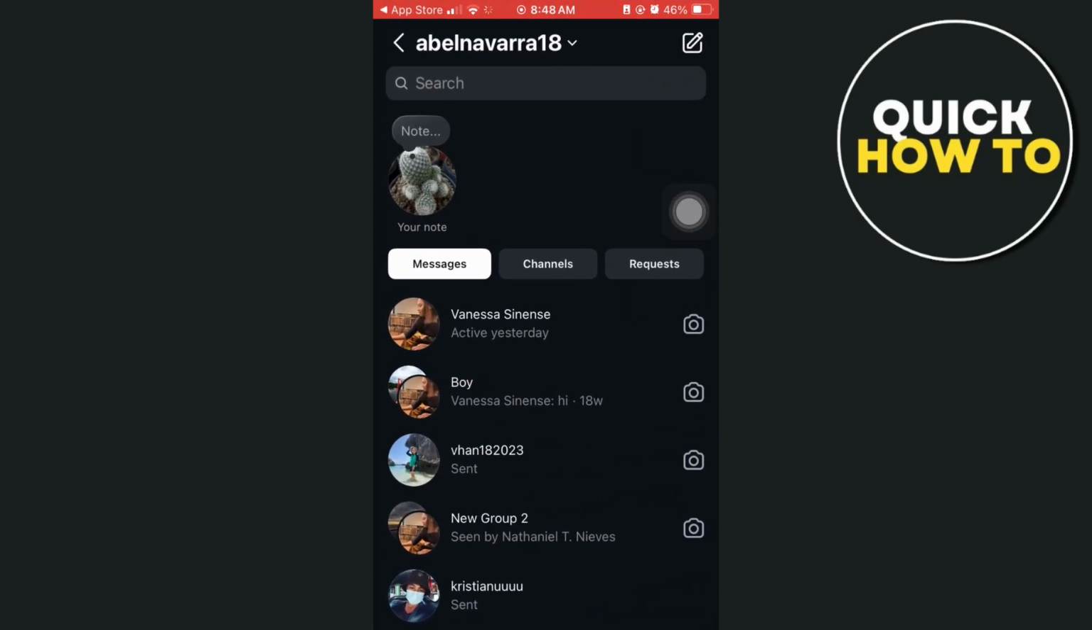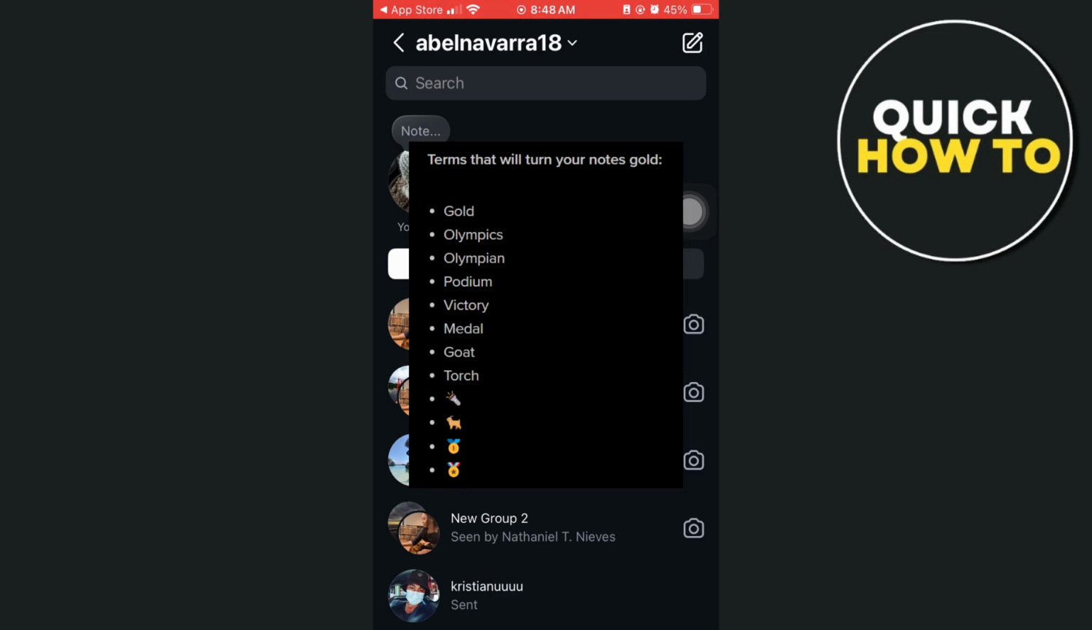Now here, as you can see, to celebrate the Paris Olympics, Instagram is having some fun with their notes function, but you need to use the right keywords to basically use the gold notes. So here are the terms that will turn your notes into gold. As you can see here, you just have to use all the words or the emojis here to basically enable the gold